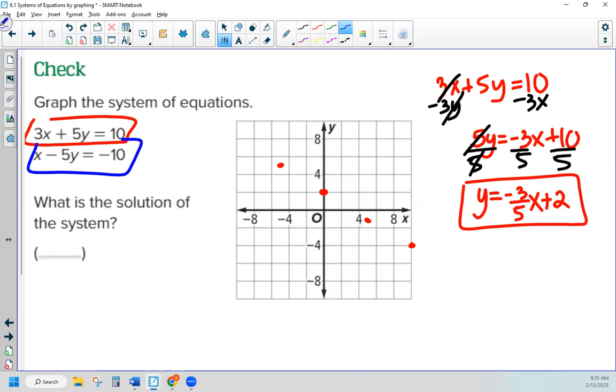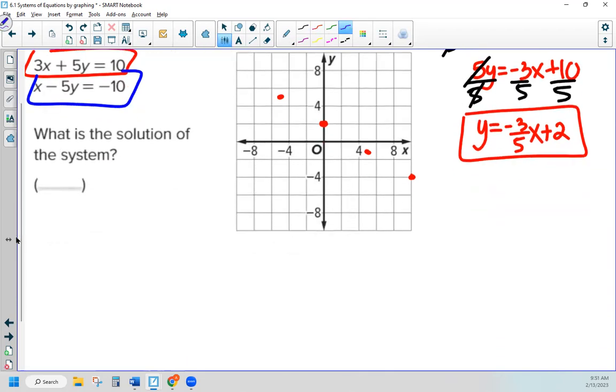All right, so we got the blue one here where you can see that we need to do the same exact thing. The blue one says x minus 5y equals negative 10, where we will do the same exact thing here. We'll take the x to the other side by subtraction because the x is positive. I know that right here, a lot of students get confused and they want to take the x by adding because they see that